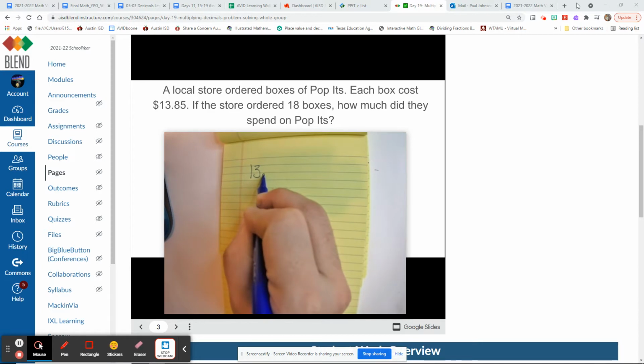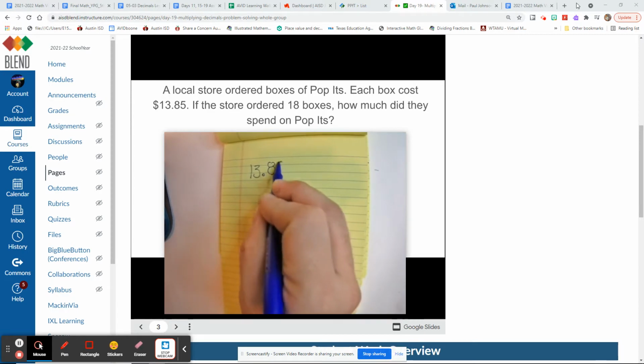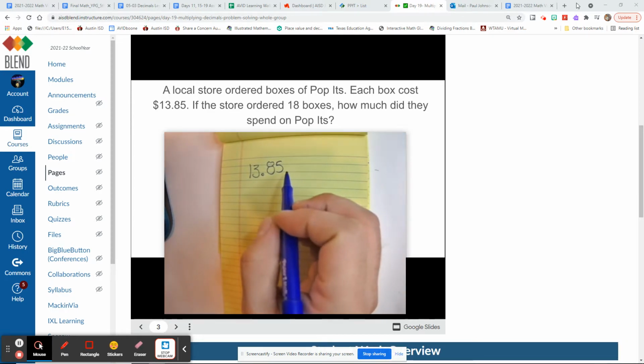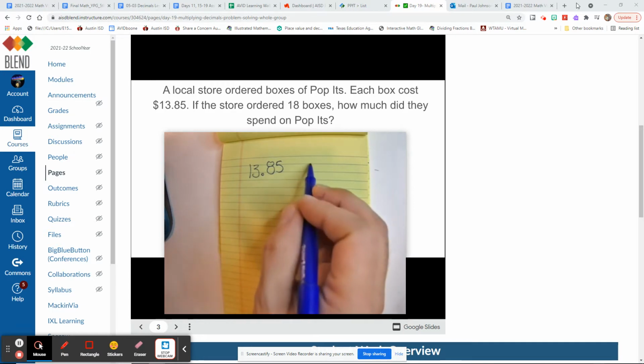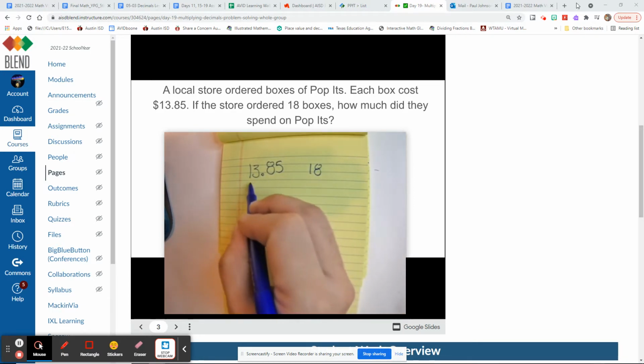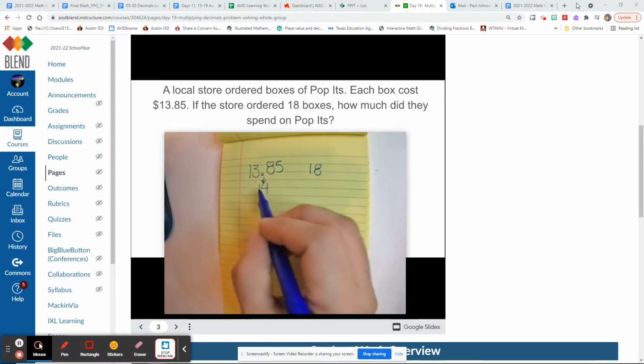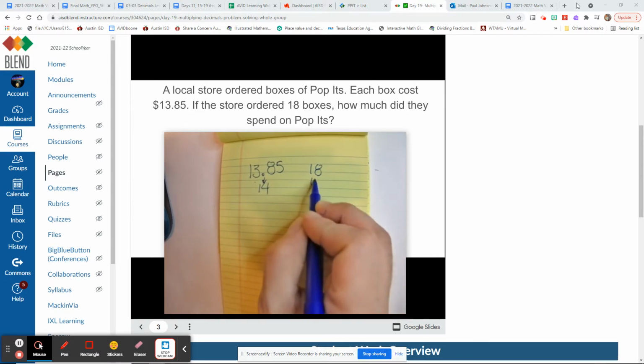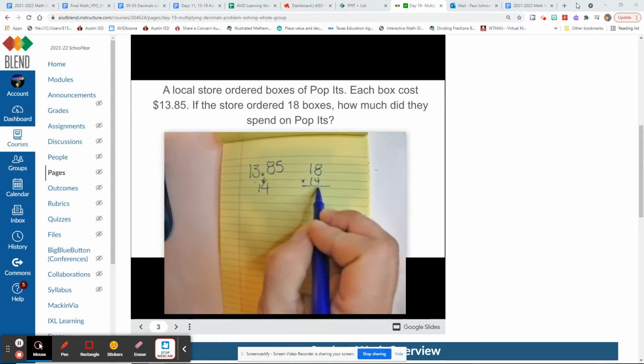Alright, let's find out some reasonability. Alright, so 13 and 85 hundredths and 18. We probably don't even need to estimate 18. Just turn 13 and 85 hundredths to 14. Alright, 13 and 85 hundredths is closer to 14 than it is to 13. So if we multiply 14 times 18,